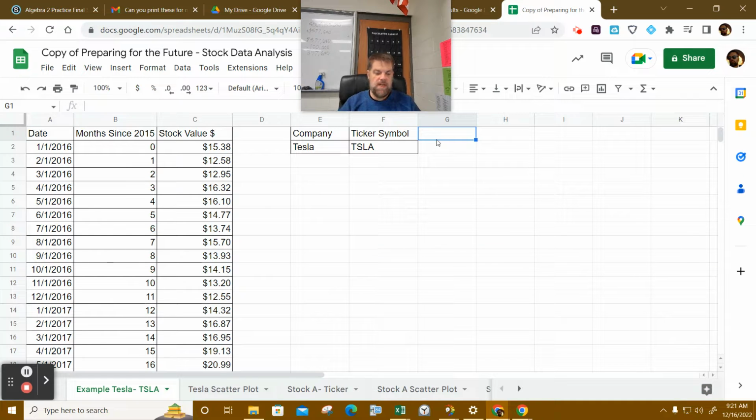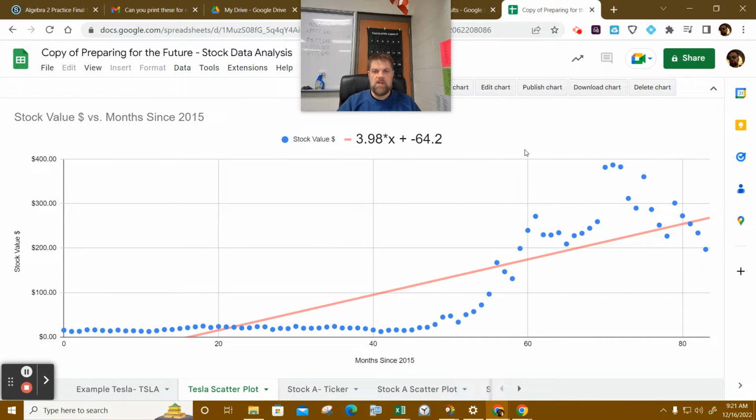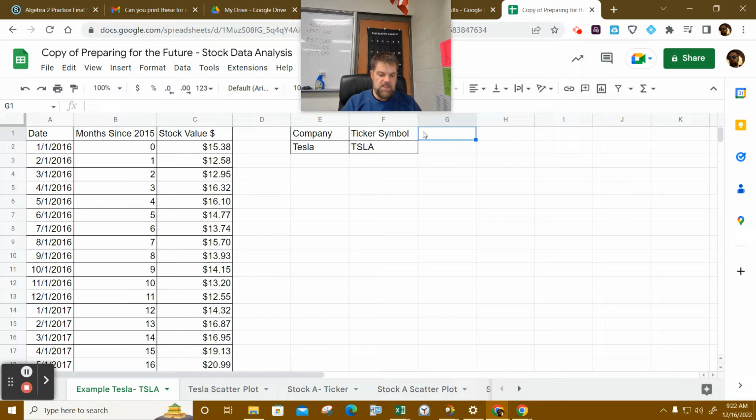Okay, so once you guys have typed this or copied and pasted the information into the spreadsheet, now we can calculate the values. The scatter plot will give you what we call the linear regression, and that consists of a slope and a y-intercept. So I'm going to type in here